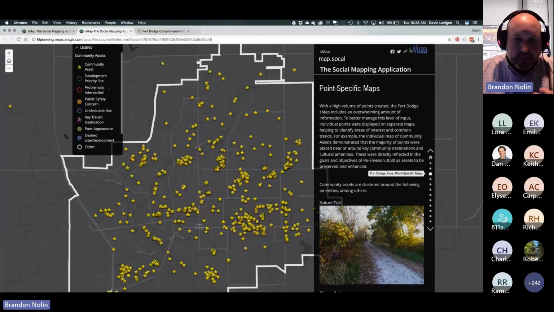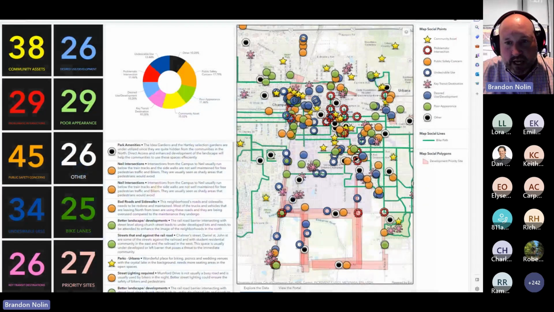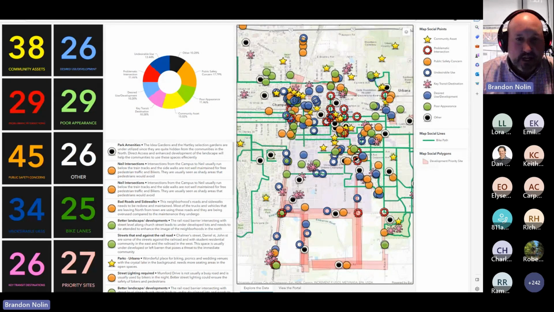So we're collecting this during a planning process, and you can run some pretty interesting analyses to really see what are the areas or things that people are highlighting from a problematic standpoint, from an asset standpoint. But we've also worked on creating dashboards so that our clients, municipalities, county governments can take that information and really see what's happening in a real-time perspective. And so dashboards have become a really cool tool over the last couple of years that we're excited about, because it's something that helps us better communicate and helps clients monitor what's happening, but it's also a communication device for